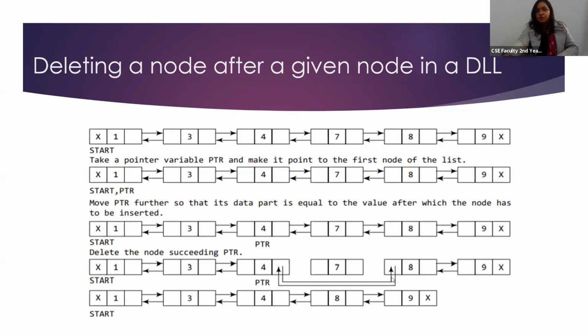Okay. I will suggest you take 2 pointers here, one here and one here, because you have not given any name to this one, so it is difficult to free this later. So like you have done in singly linked list, you have taken 2 pointers, you better take 2 pointers. One will be here, another will be here, then it will be easy. Okay, so you have to do these 2 joinings, and you have to free this. That is the thing to be done. Okay, let us check how they have done it.